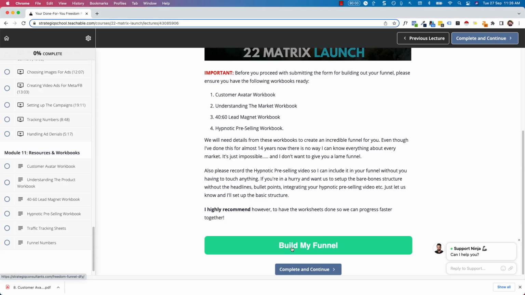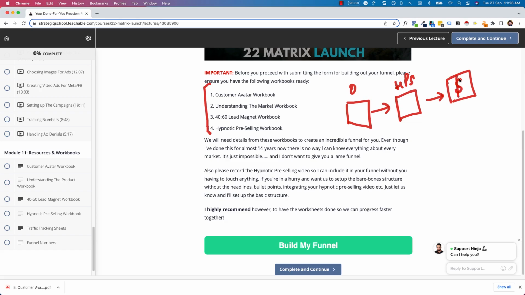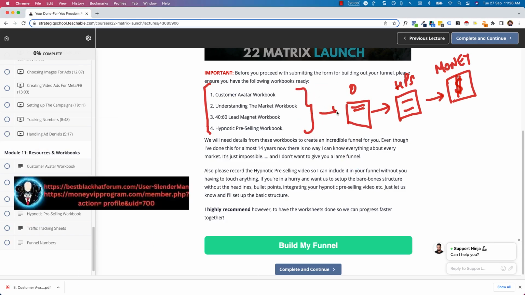But if you want us to just give you the bare bones setup and you want to do these things later, the bare bones setup basically means we give you the opt-in page template. So this is the opt-in page. This is the hypnotic pre-selling page. And then we integrate it with whatever link that you want to be here on this hypnotic pre-selling page that takes them to your money page, right? We can give you a bare bones setup, right? But I would still recommend getting these things done